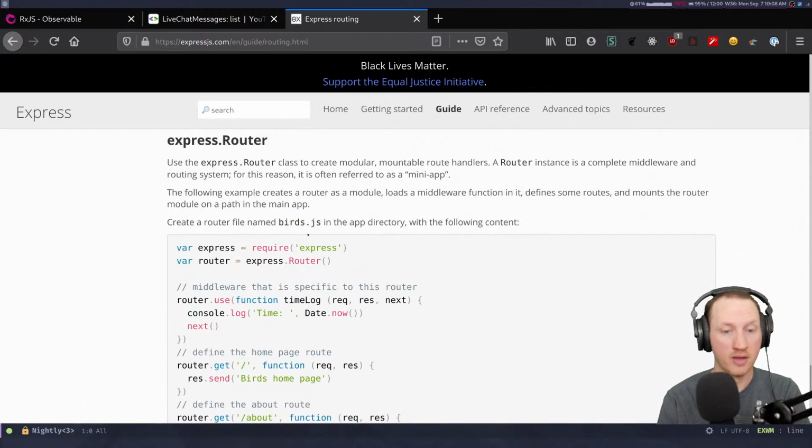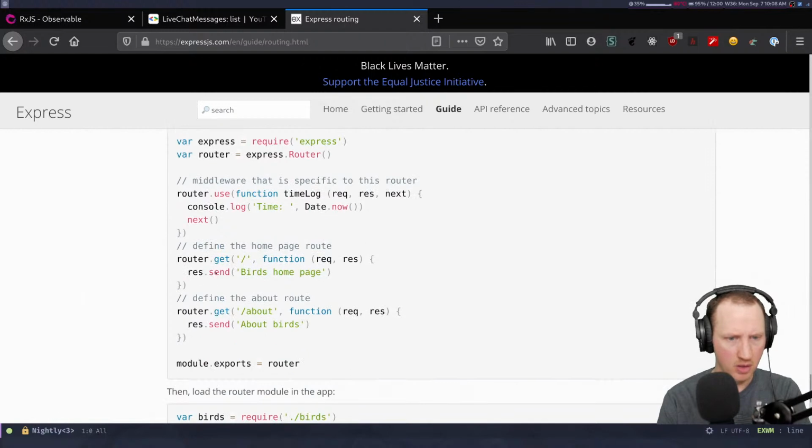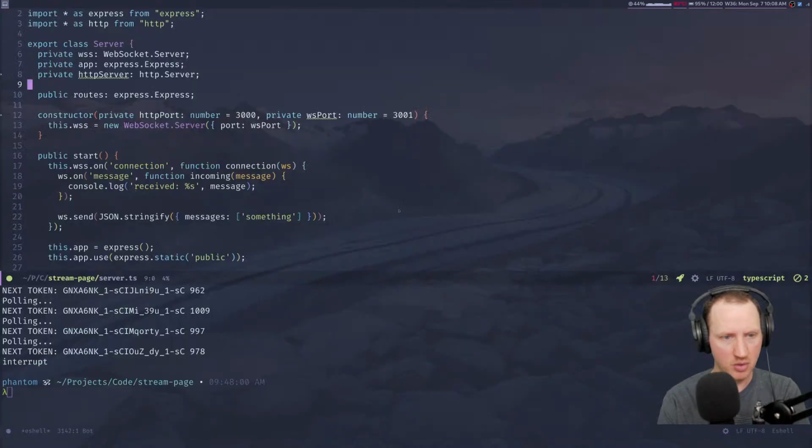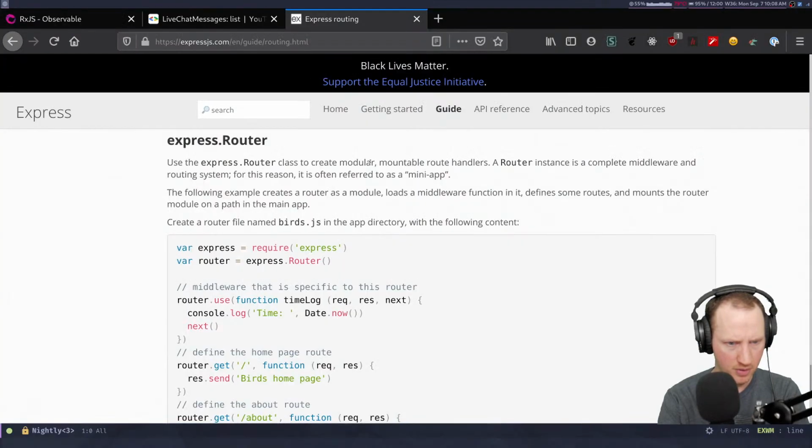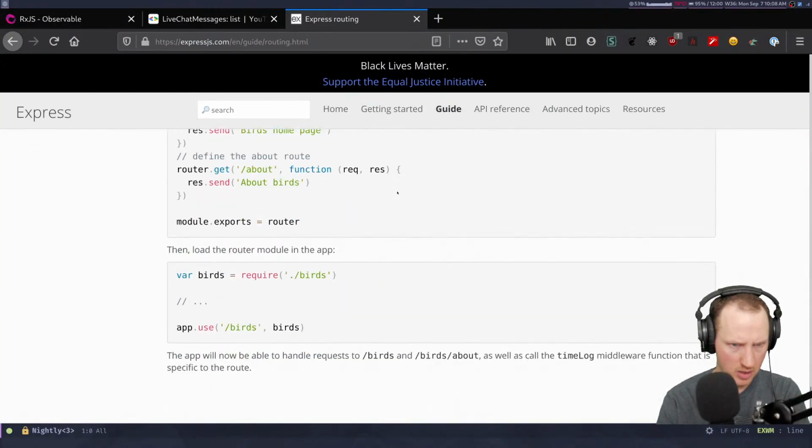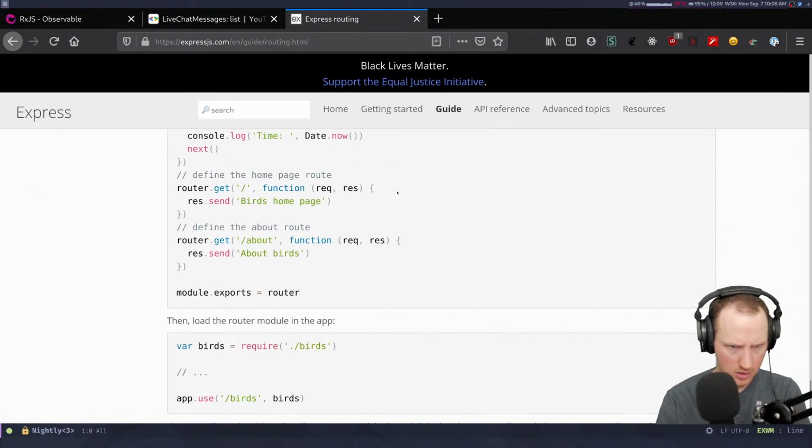Router, okay, there we are. So we basically create a router instance, and then we can call the same methods on that as you would call on the app object. So we'll call this router and make it an express.router. And then at the time when we create the app, we can require,